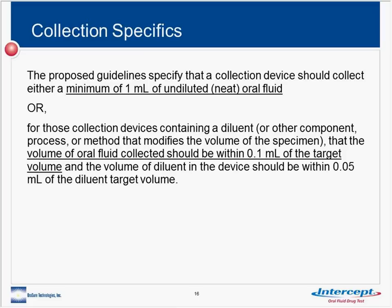The proposed specimen collection device should collect either a minimum of 1 milliliter of undiluted oral fluid specimen, or, down in the middle, the volume of oral fluid collected should be within 0.1 milliliter of the target volume if we're looking at a collection device that is not collecting a neat specimen. So you're looking at two different perspectives there, and really the thing to take away from this information,